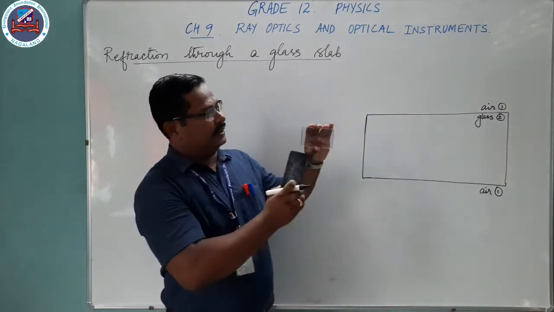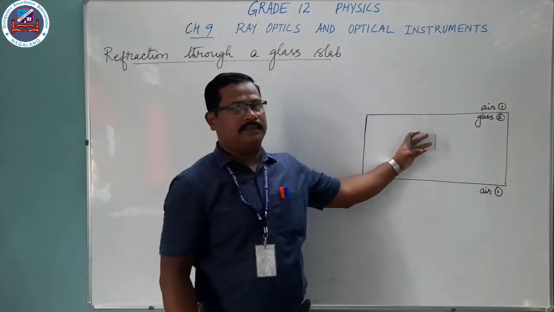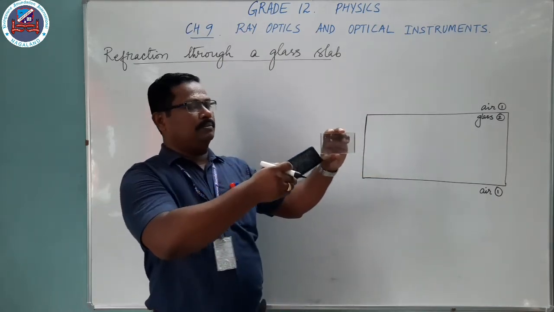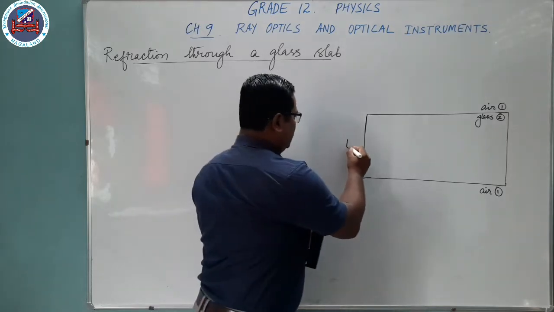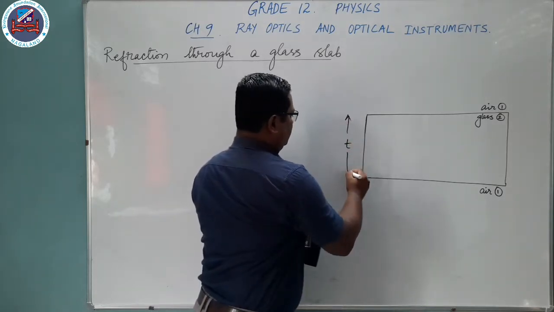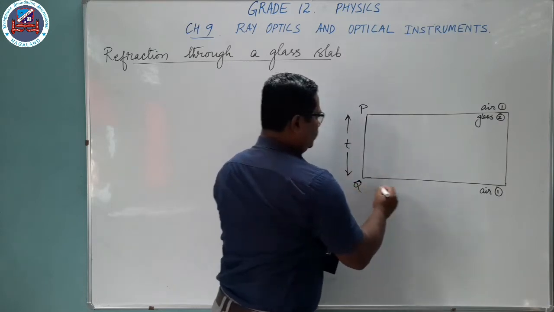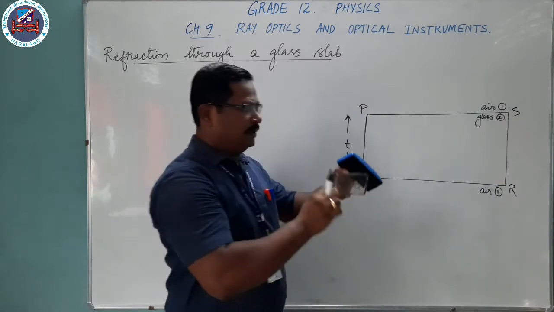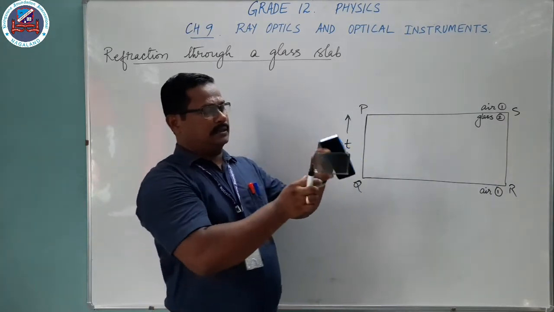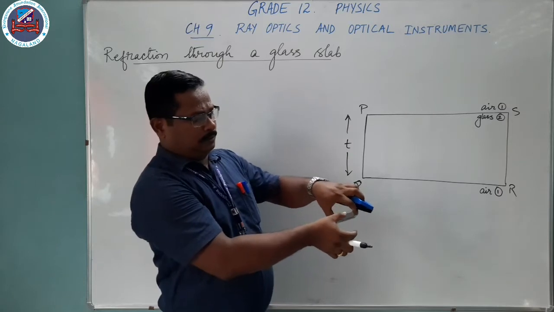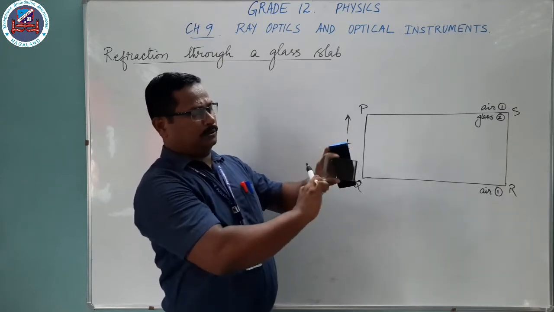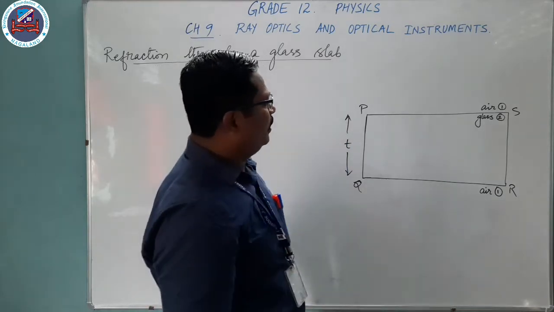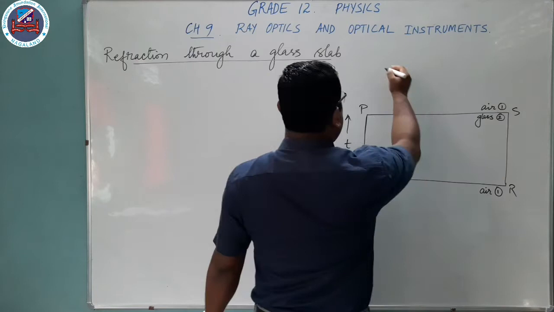This is the front face that I am drawing, like this. Now the thickness of the glass slab is measured from top to bottom. If I write this as P, Q, R and S, then PQ is called the thickness. This one we call the thickness, not this one. You have to measure it from top to bottom. Now if I allow a light ray to pass through a glass slab,